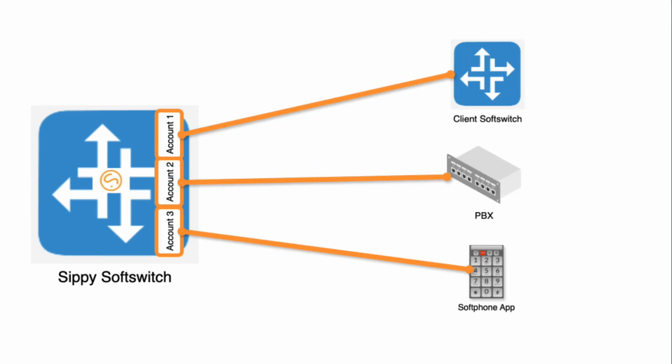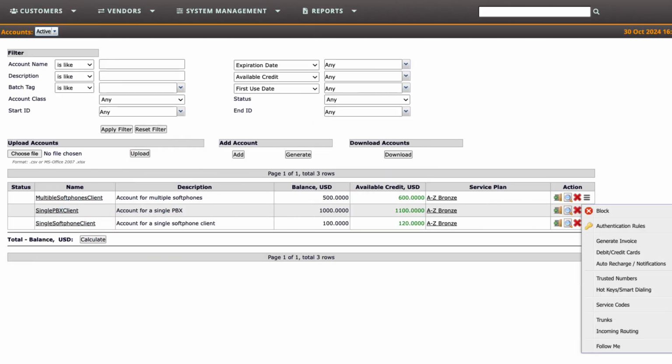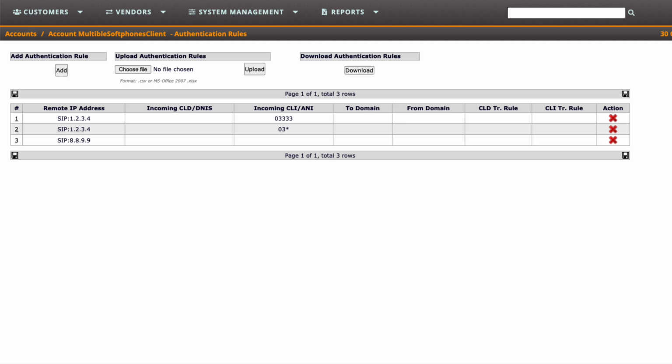A basic setup involves creating a dedicated account for each technical client, allowing individual authentication, routing, balance management, and billing for each user's traffic. Alternatively, multiple technical clients can be collectively managed within a single account using authentication rules. These rules enable individual tariffs and routing groups for each client, though most account parameters apply collectively across all clients